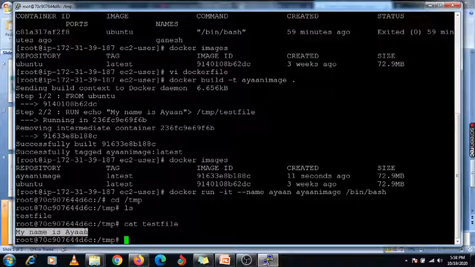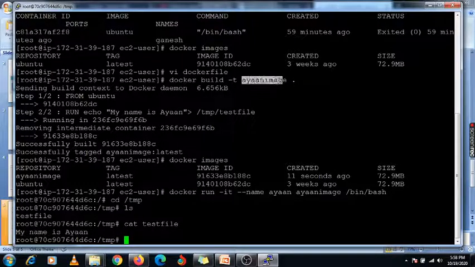So like that you can create one Dockerfile, and using that Dockerfile, first you need to create one image using the command docker build -t Ayan, that is my image name. Whatever image name you need, you specify, and here you need to specify a dot, or the Dockerfile name. I am going to specify this dot because it will execute whatever files are available, using this dot option.